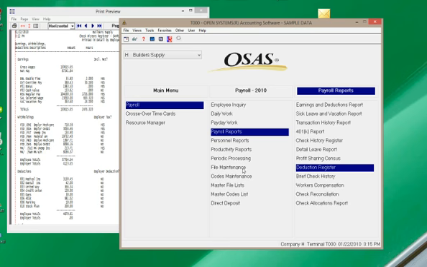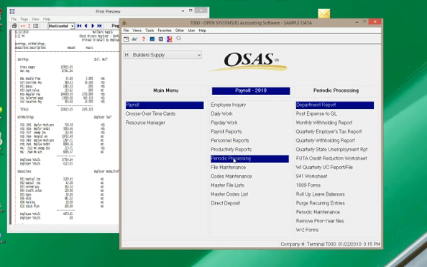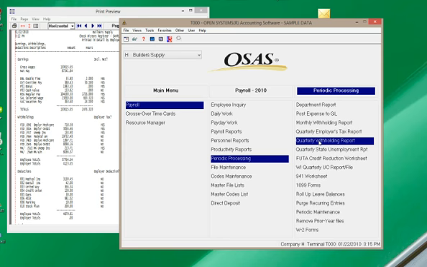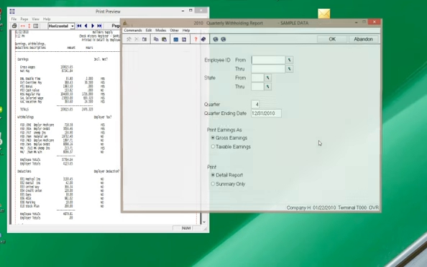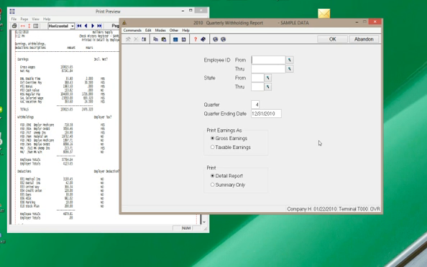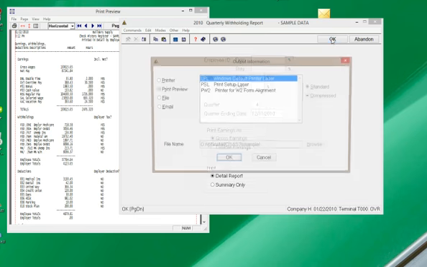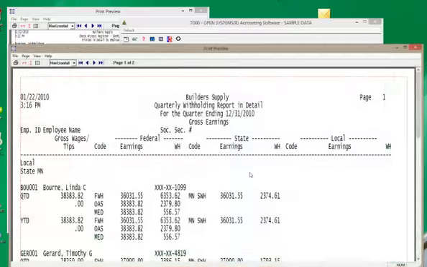The third report that I'll share with you is found under periodic processing. That's the quarterly withholding report. I like to do that report for the fourth quarter. I'm going to do all employees. I pick gross wages and I like detail. What this report then shows me